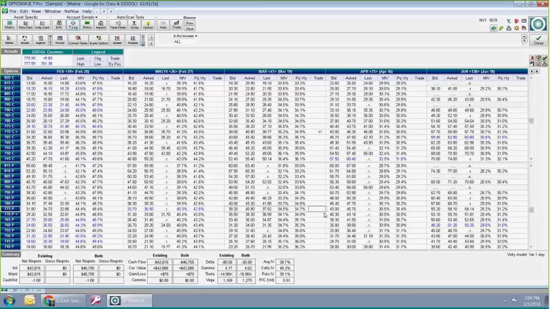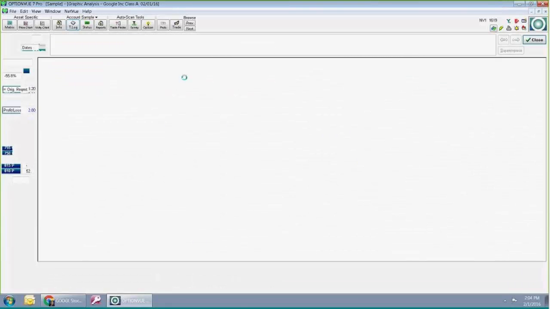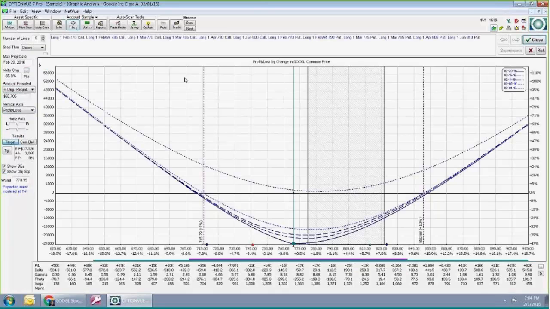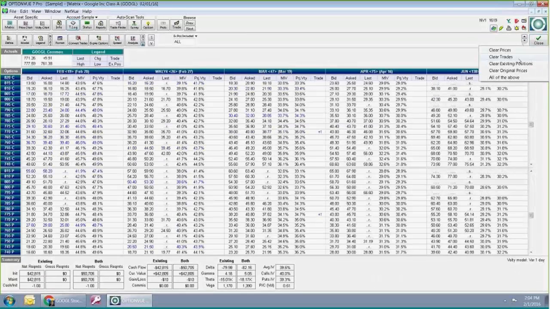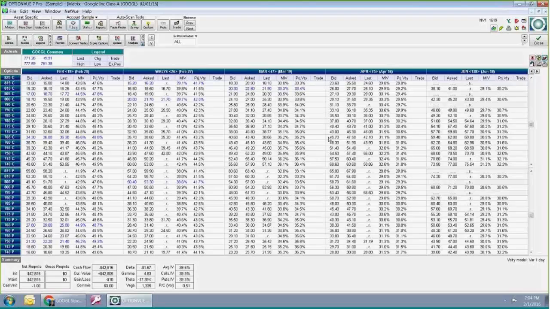So you might want to go a little farther out where it won't be hurt by that big drop in volatility as much. It'll go down a little bit, but not as much. Oh, I have so many things in here. Let me clear them all out because I had all my existing positions.